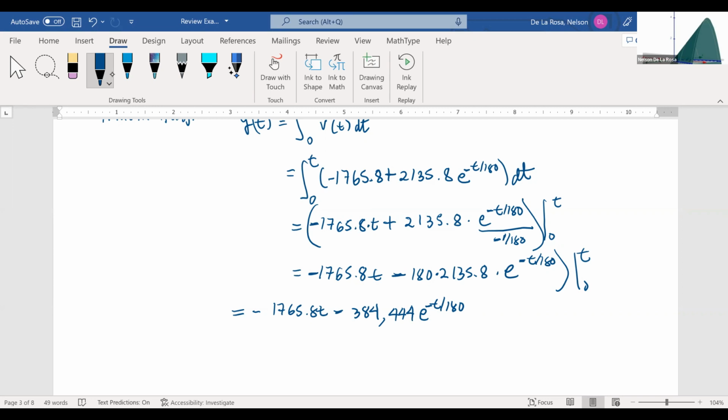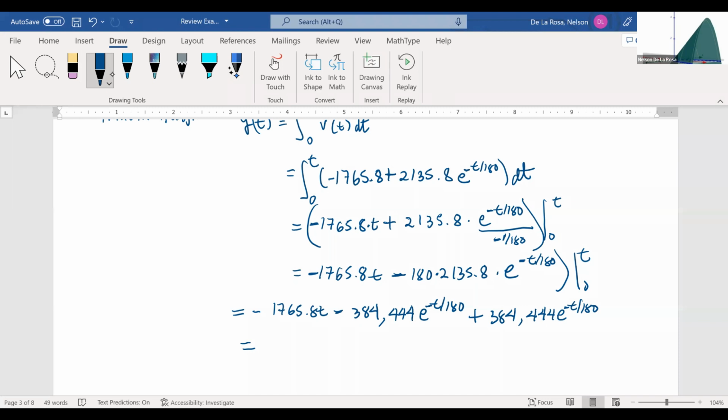The evaluation at 0 for the first term is going to produce 0, because 1765.8 times 0 is 0. And then the evaluation of the second term at 0 is going to produce plus 384,444 times the exponential,